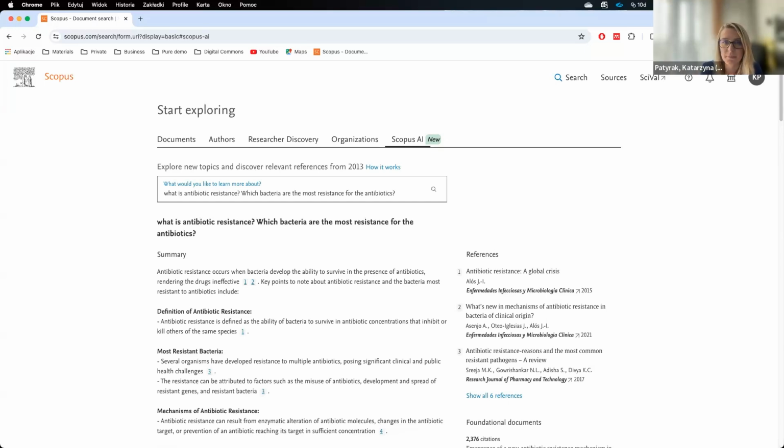The other question is, so if I understand correctly, the tool is limited to the Scopus database. Yes, the tool is limited to the Scopus database, mainly for the reason that this is a curated database where we know exactly what kind of publications are there. And that's the reason why we see a huge advantage of using a curated data instead of the data that